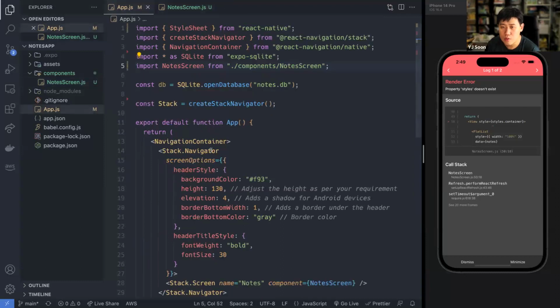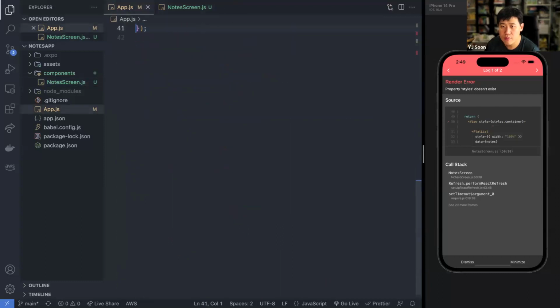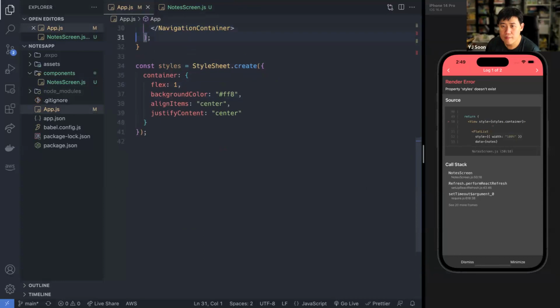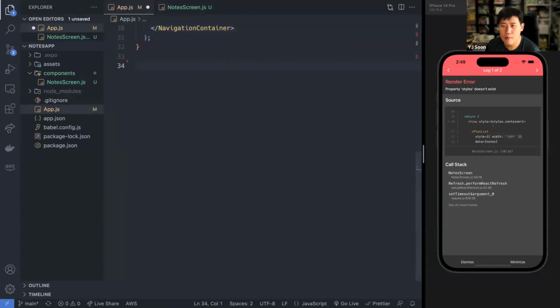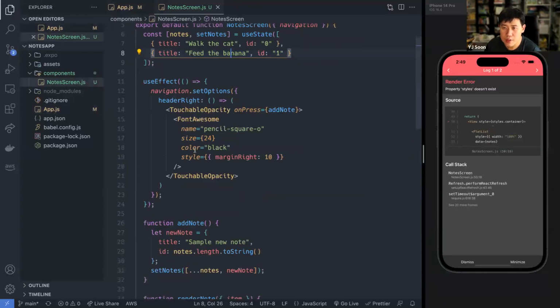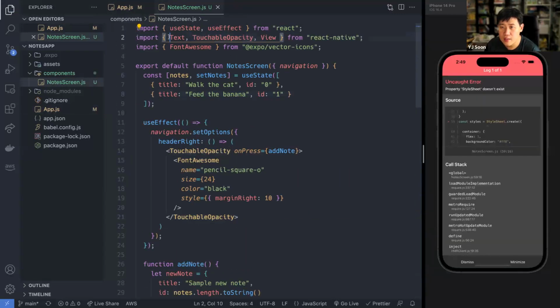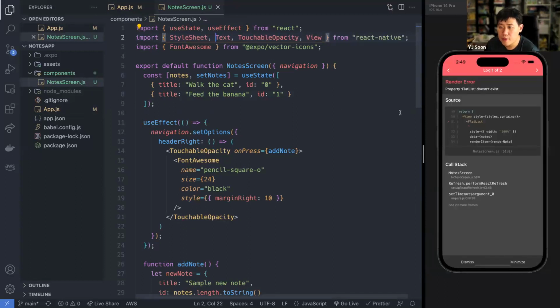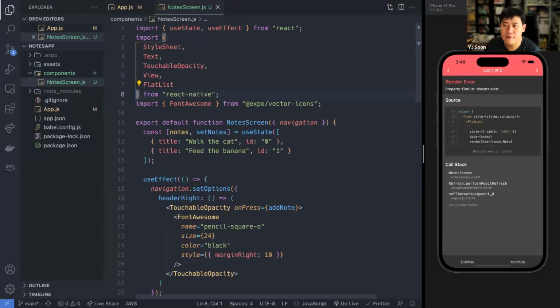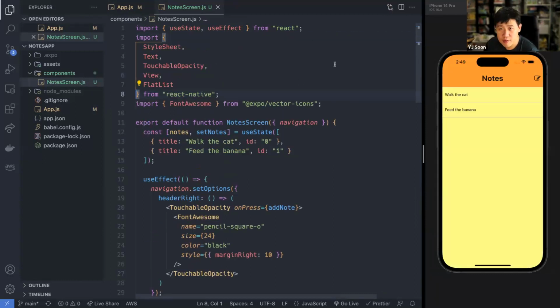It looks like I need to go grab the styles over here. So I need to go down here, paste in the styles, and go up to the top and import. Okay, FlatList doesn't exist. Sure, I will go and import FlatList. Okay, finally, we're back in business.